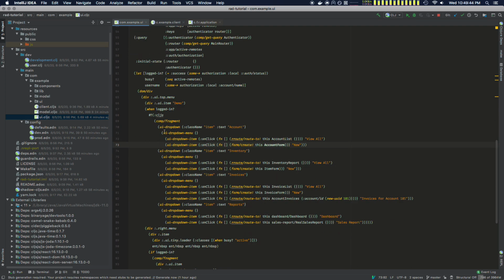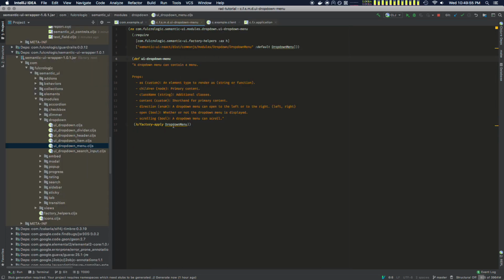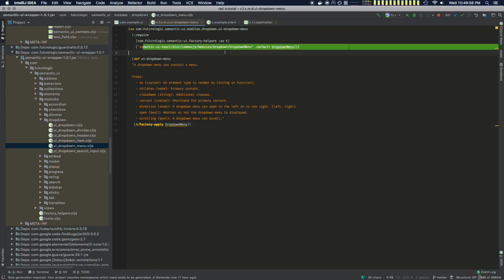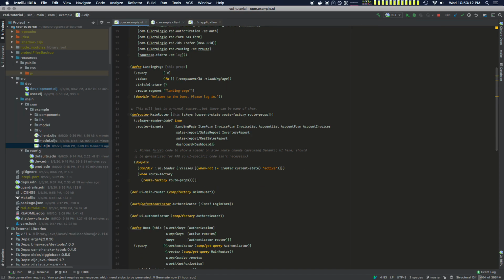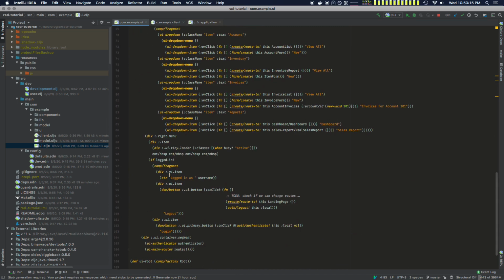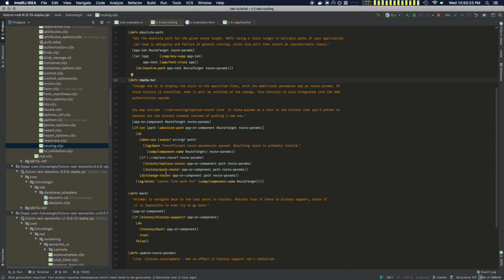I'm using Semantic UI and Semantic UI React for my UI in this, and I've got a Semantic UI library that I use that just basically gives you quick and easy wrappers to the individual pieces of Semantic UI. So if I want a drop-down menu, it gives me some doc strings and such, and handles regular ClojureScript props instead of having to pass pound-js data to these things. So I've got drop-down menus, and this route-to function, if you look at it,